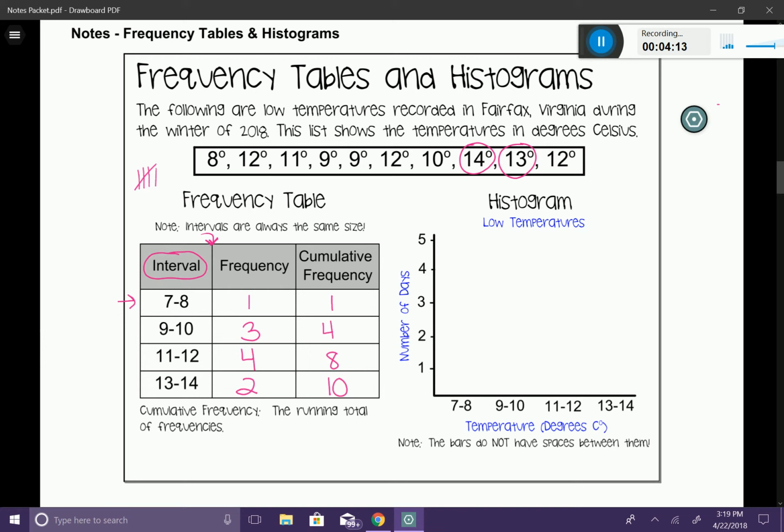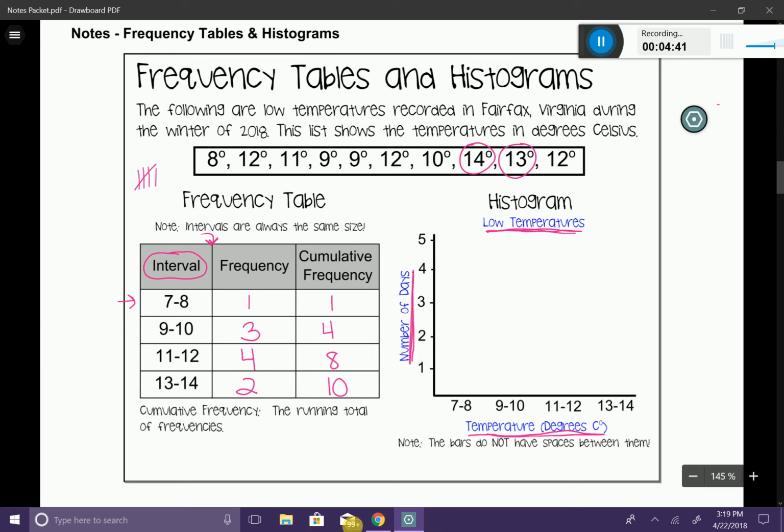So I have the histogram set up for us already, so let's go ahead and discuss the features. The first thing you'll notice is that the histogram has a title up at the top. It's always going to have a title. It's also going to have axis labels, meaning my x-axis represents the temperature in degrees Celsius, while the y-axis represents the number of days. So you always want to start off your histogram by labeling the title and then the